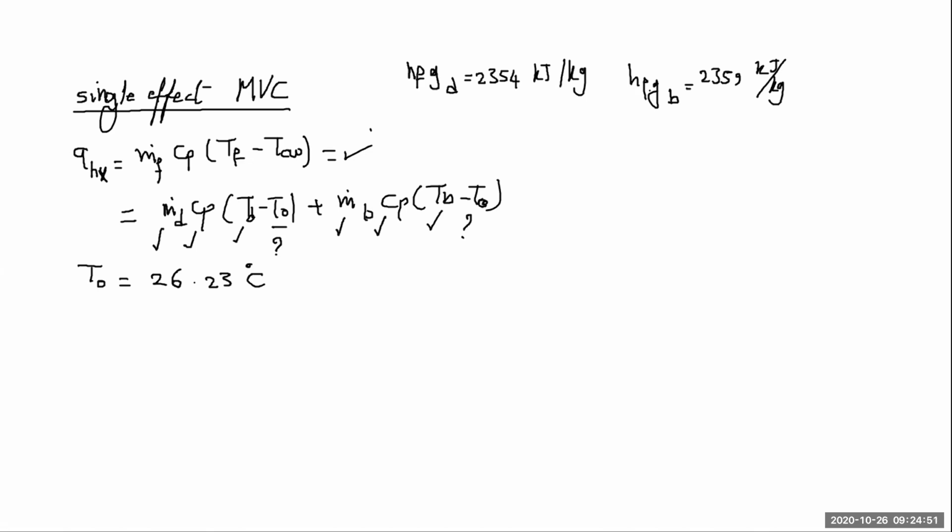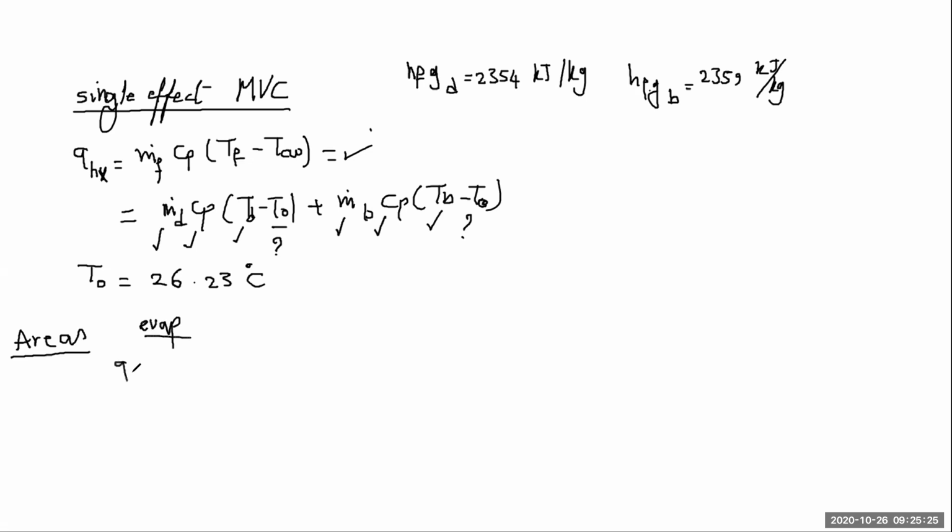One more thing that we'll need now, we are thinking of areas now. How many areas do we need to calculate? What do you think? How many areas? How many components we have here? 2 areas, 3 areas. 3 areas, that's right. One for the evaporator, one for the brine heat exchanger, and one for the distillate heat exchanger. So if we're going to start with the evaporator,